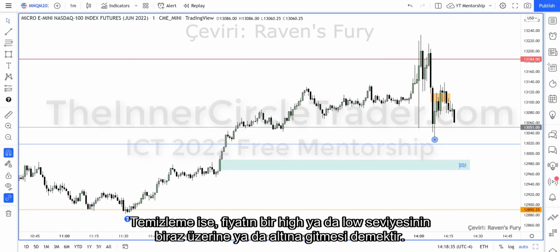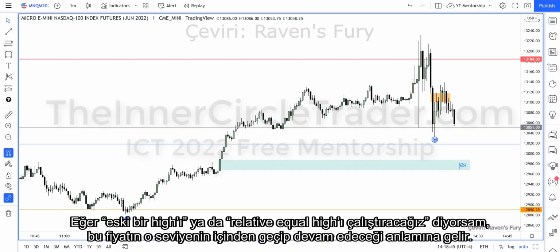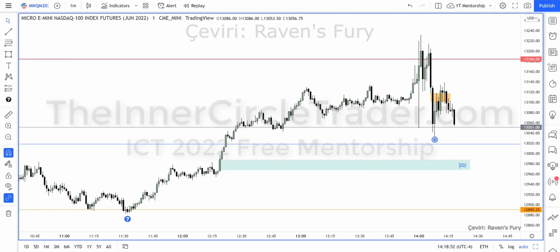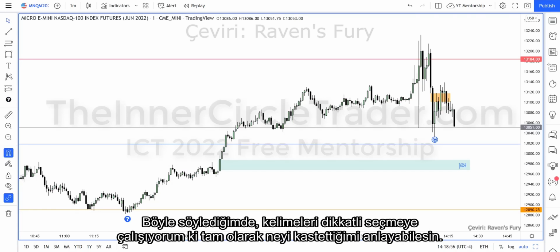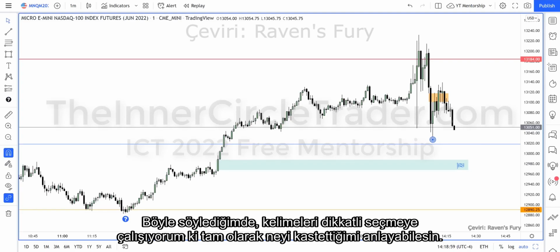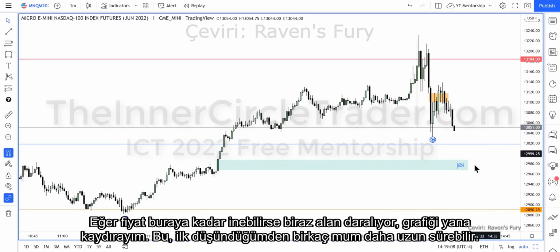Sweeping is where it just goes above or below a low or a high. You know what I mean? If we're going to sweep buy side, that means it's going to go up a little bit and then go down in reverse. If I'm saying we're going to run an old high or relative equal highs, that means we're going to run through it and continue. So there's a little bit of an understanding of what I'm saying when I say that. I try to pick my words carefully so you understand the distinction between what I'm expecting as a sweep and reverse back into the range, or an expansion move, where I think if we can get down here,